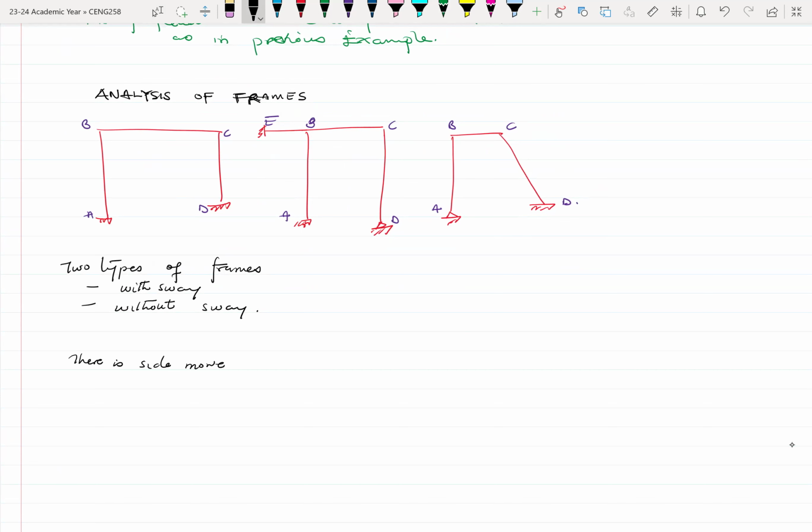There is a side movement of the ends of a column or columns, can be one column or columns. So when there's a side movement of the ends of a column in a frame, we call that movement